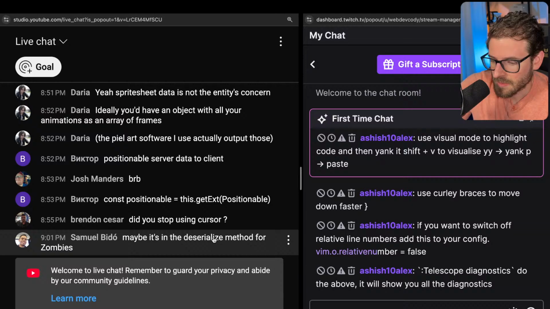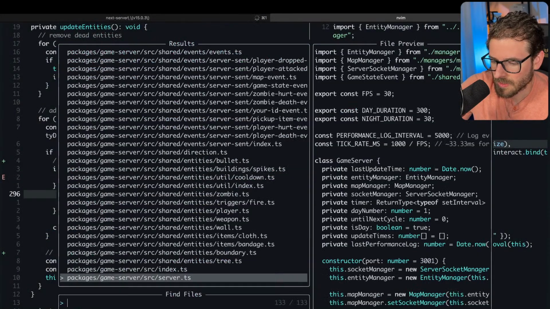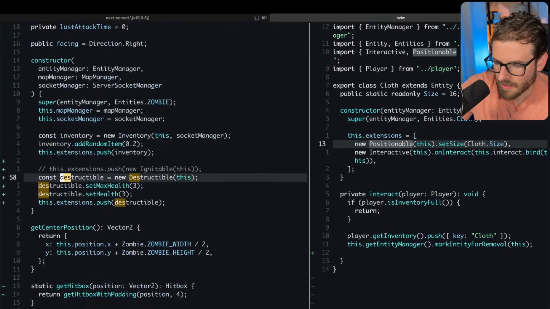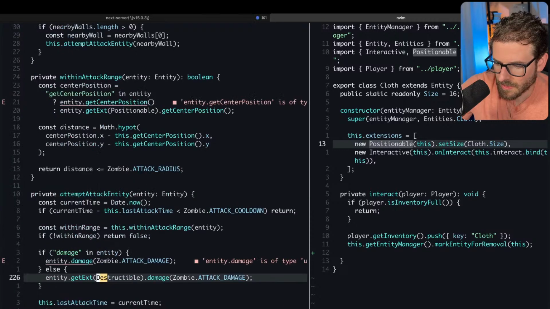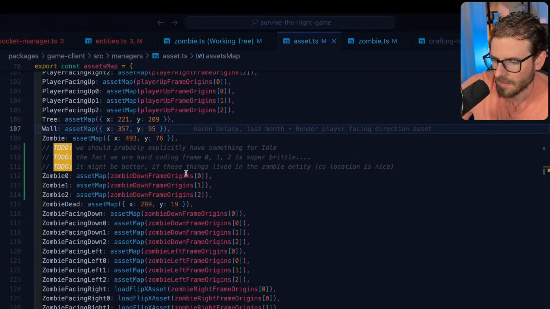Maybe it's in the deserialize method for the zombies. Yeah, let's check there. So let's go to server zombie deserialize. Oh no, we already checked this serialize, didn't we? Okay, I can't do this.